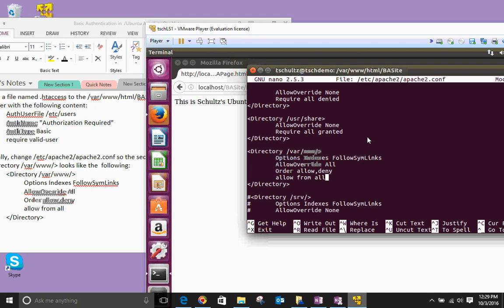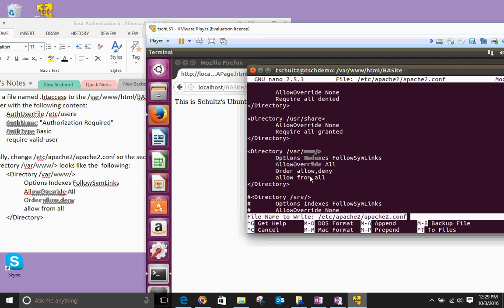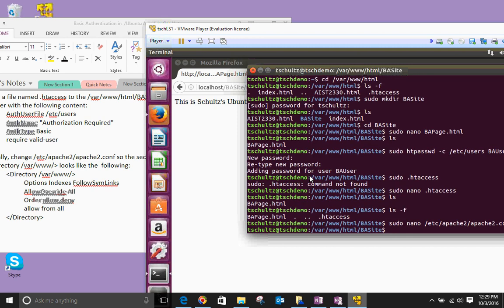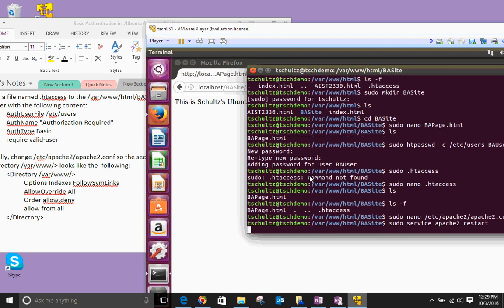But it's basically saying, for that folder, allow the HT access files to be accessed. I think that one too. Forgotten how. Maybe go ahead and